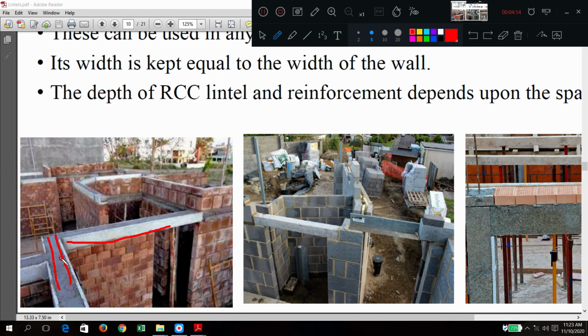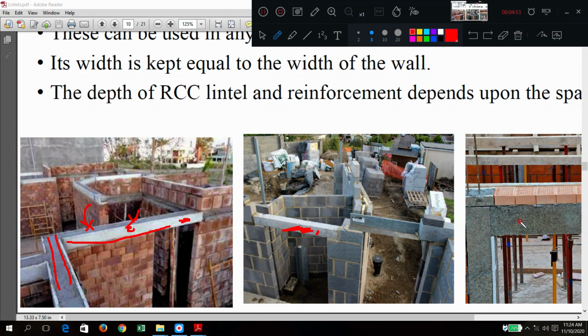This photograph is taken after the concreting. I hope you are going to remember. This is the RCC lintel. After concreting, this picture has been taken. Once concreting is done, it is left for 20 to 21 days of curing. You are providing water or moisture, no? So everything is completed. After that you are going to remove this formwork. After removing the formwork, it appears like this. Is any formwork there? No, no formwork is provided here. After removing the formwork, this type of structure you are going to see.